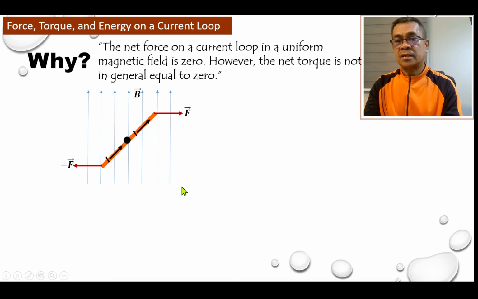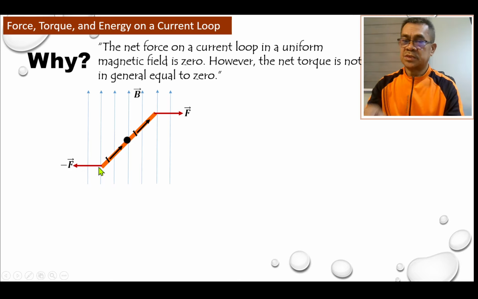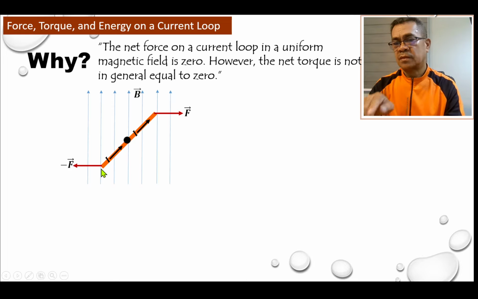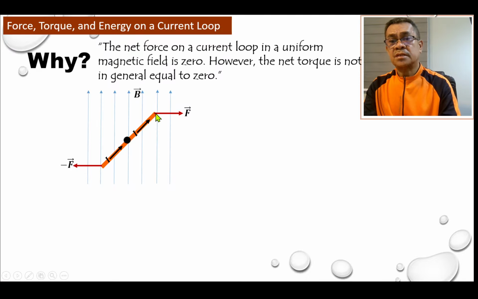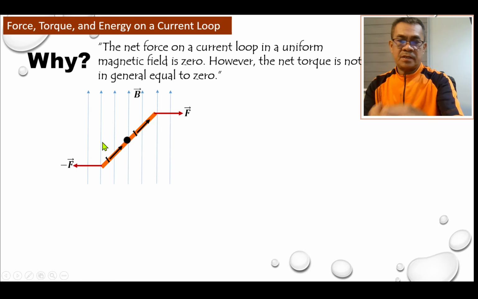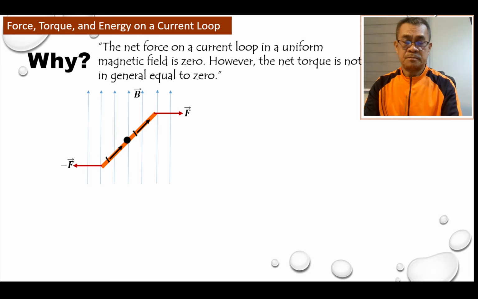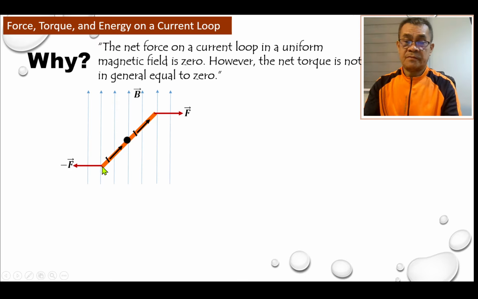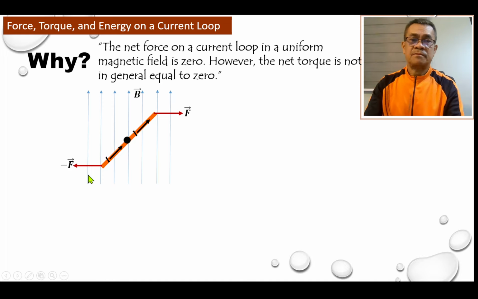Similarly, in the opposite segment, which is again perpendicular to the screen, it has a force which is now in the opposite direction. Take note of the current: it flows into the screen on this segment, and on the opposite side the current travels out of the screen. Then if you use the right hand rule, the force on that segment is directed towards the left.